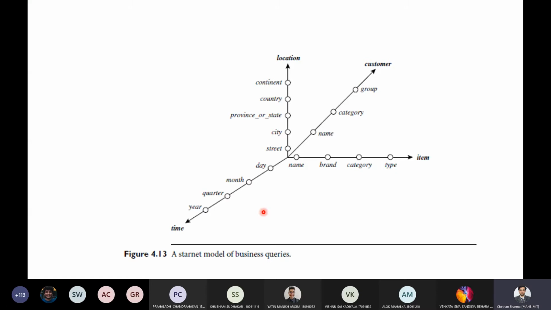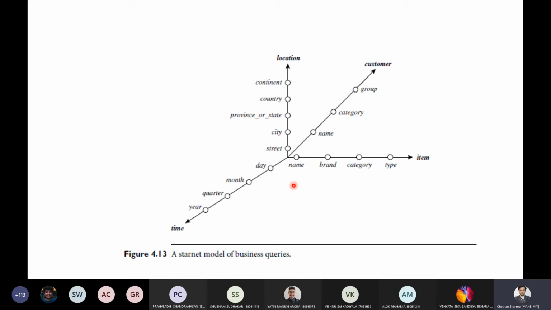Each line contains footprints, which represent the abstraction levels for the dimension. As you can see, time contains 4 footprints, each for day, month, quarter, and year. Similarly for the other dimensions.